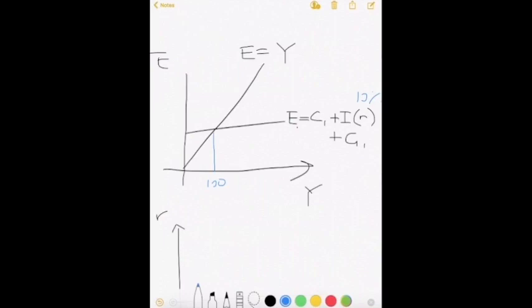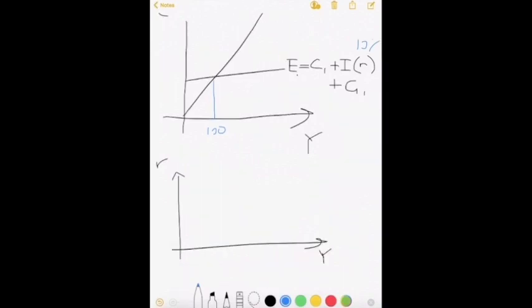So when interest rates were 10%, the GDP was 100. So basically, on the graph, we're saying when interest rates were 10%, GDP was 100. So you come up with this equilibrium point, which we can show over here. Next, we say what would happen to the planned expenditure if interest rate changes from 10% and goes down to